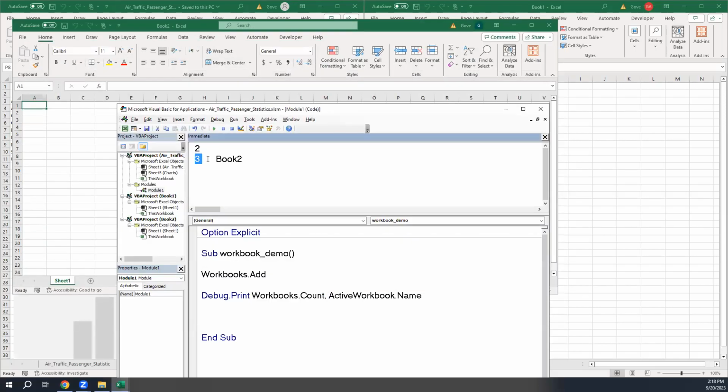And so it printed 3 for my number of books, and Book2 is the name of the workbook that's active. So when I create a new workbook, or just when I open an existing workbook, we'll see how to do that in just a moment, then that's going to be the active workbook. So that's nice. I could refer to it that way. But,